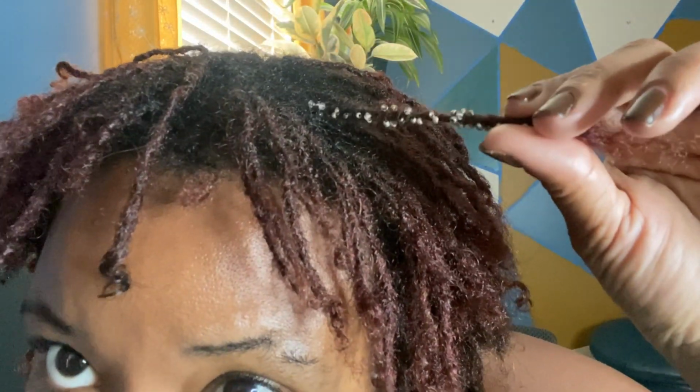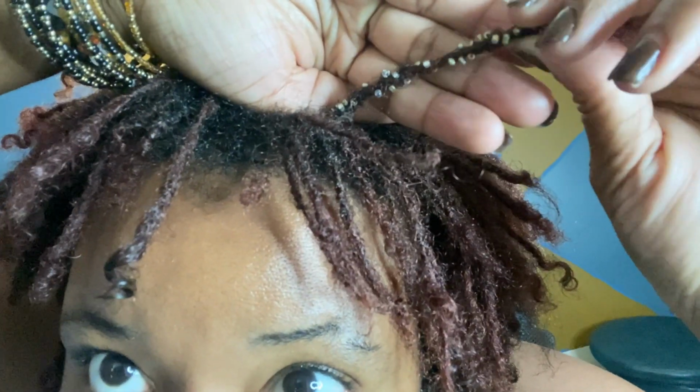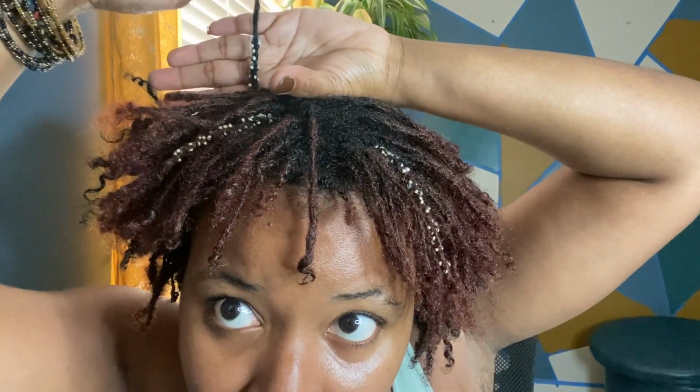All right, so these were gold. If you can tell now, some of them still look gold, but some of them look clear. Okay, and where's another one? All right, this one right here, this one was green. This is white now. It's hard to see, but this one was blue. This one is white as well. It still has a little tint of blue. Y'all can't really see it in the back, but yeah, it's not the same color that it was 2 weeks ago,